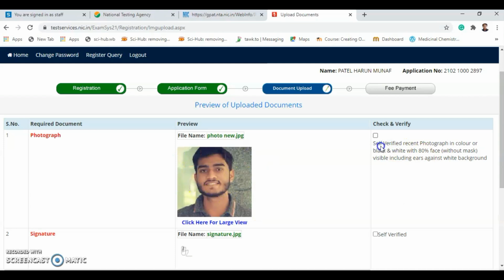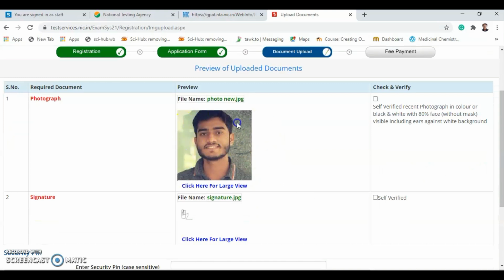Okay, it is saying self-verified recent photograph in color or black and white with 80% face without mask visible including ear against white background. So for timing I have uploaded this photograph, but you must have the white background and it must be a front face type of photo, and automatically 80% part is, whatever in passport photo we are taking, 80% part is your face. Self-verified.